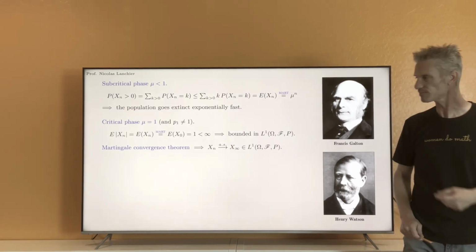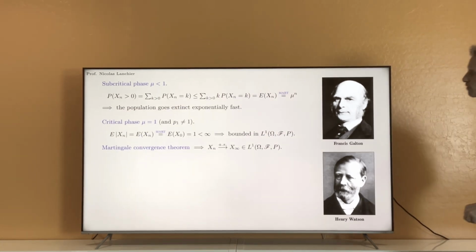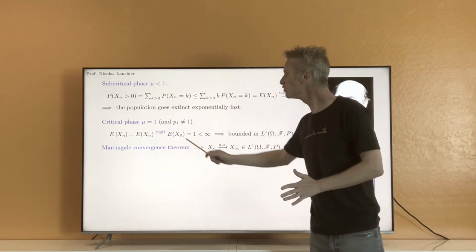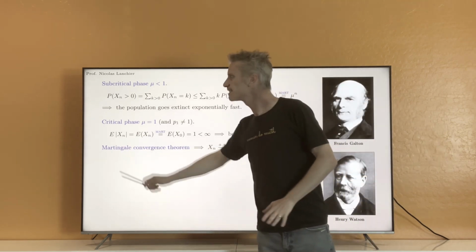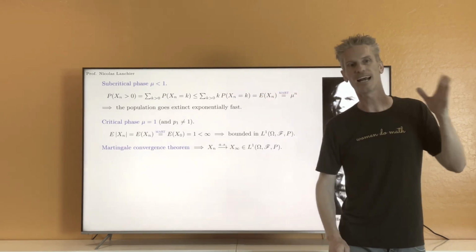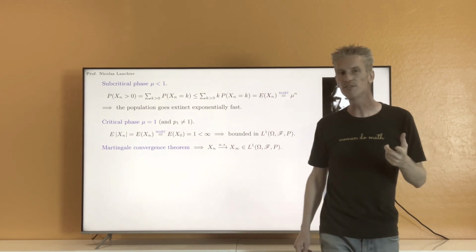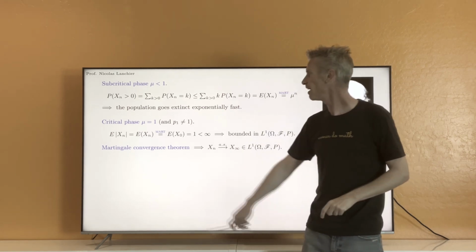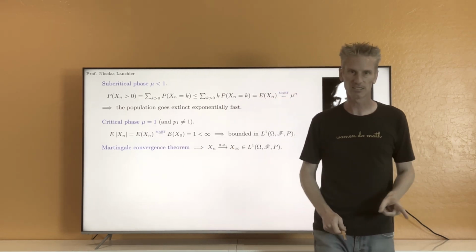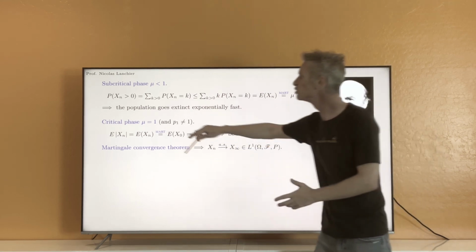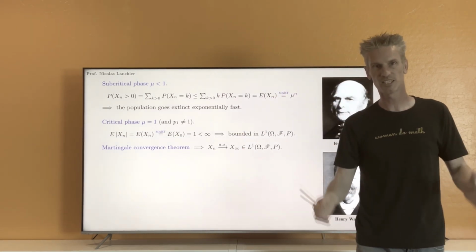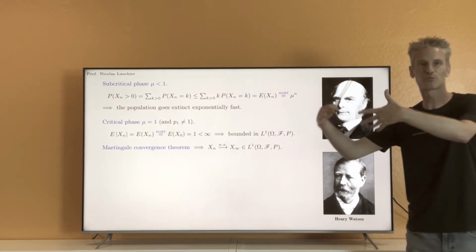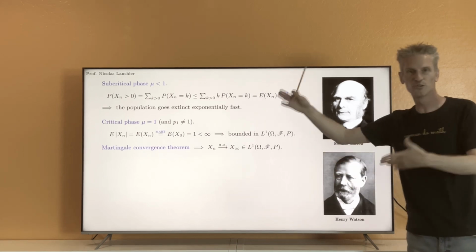Right. So, before we go further, I want to point out something interesting here. If you look at this calculation, we never used that Xn was a Galton-Watson branching process. The only thing we use is, one, that Xn is positive, and two, that Xn is a martingale. And in fact, if you follow this reasoning, you would see that this applies to any positive martingale. Okay? And so, from this reasoning, you can conclude some pretty strong result that you might want to use in practice.